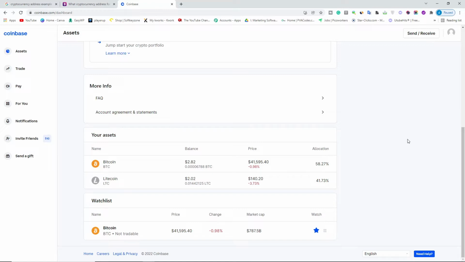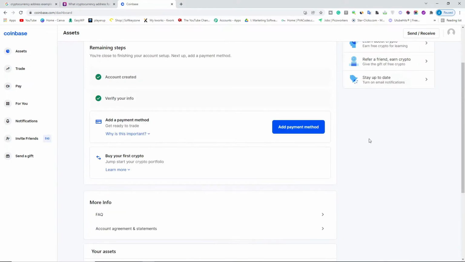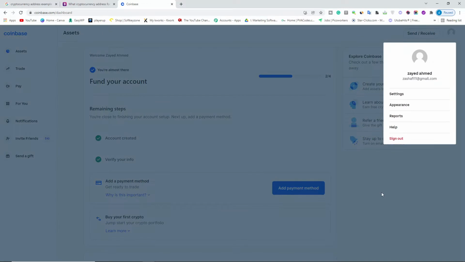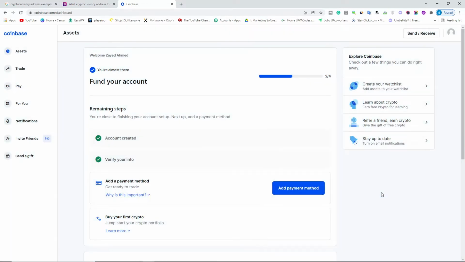Alright, so in today's video I'm going to show you how you can transfer your cryptocurrency from your Coinbase account to another cryptocurrency wallet, like how you can make a payment with your cryptocurrency, or how you can send money from your cryptocurrency to another cryptocurrency. So here you can see I have already logged in on my cryptocurrency wallet on